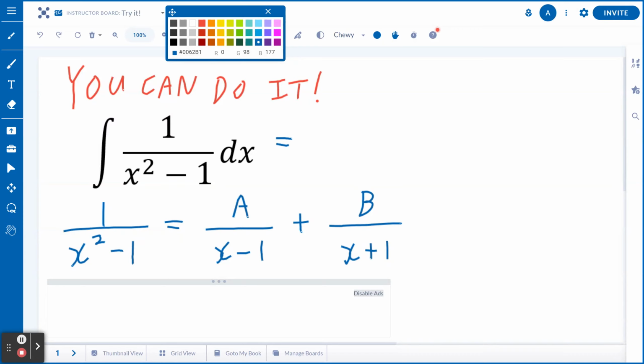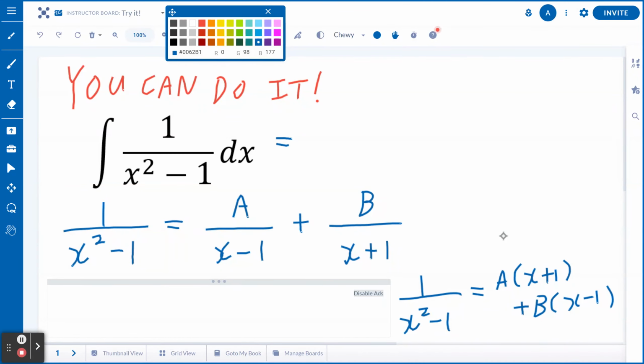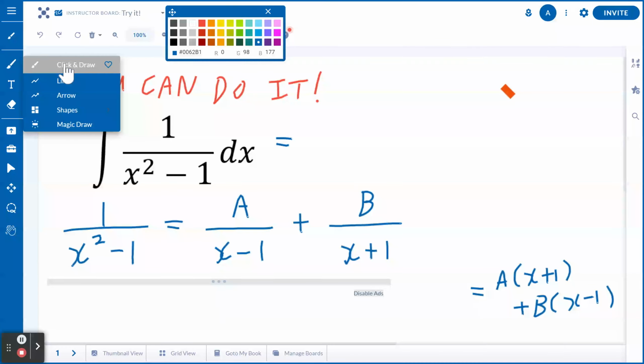So if we really look at this, 1 divided by x squared minus 1 equals a times x plus 1 plus b times x minus 1 divided by the same denominator. So what you can really do is focus on the numerator, so you can equate the left-hand side with 1. Now, if 1 is too difficult to understand, you can always go back and think of it as 0 times